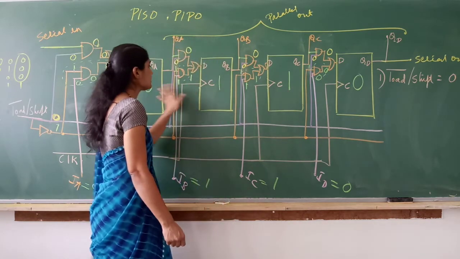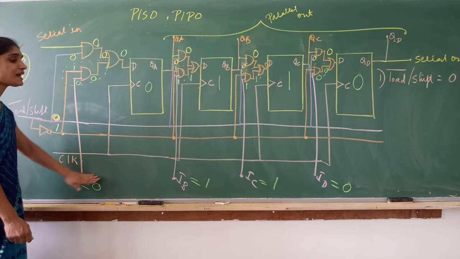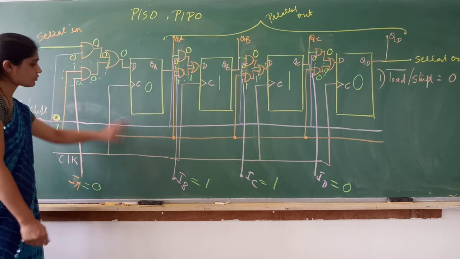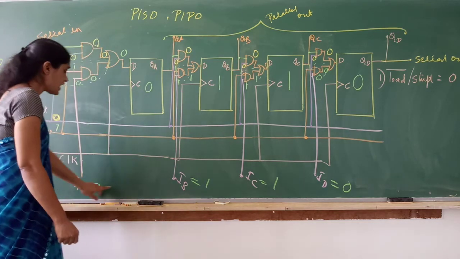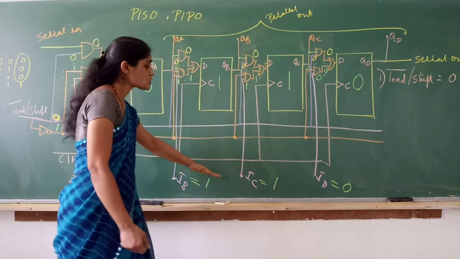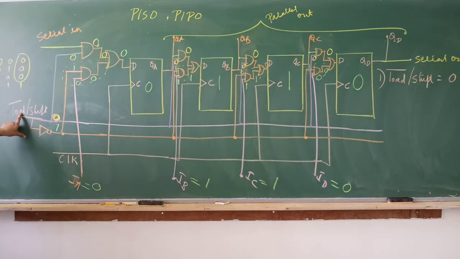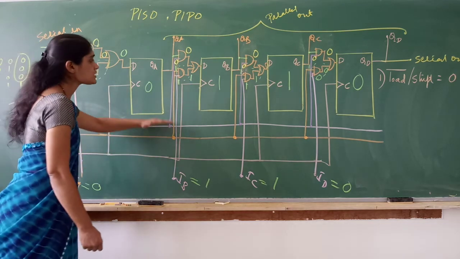So what is the content of these flip-flops when you give load bar shift line to 0? Parallel inputs. If you give 1, it will store 1. If you give 0, it will store 0. I have taken here 0, 1, 1, 0, so it will store 0, 1, 1, 0. So load parallel data, load. You're going to load it when you give this input to 0. That is why it is load bar 0. When you connect this particular line to 0, it loads parallel data. It loads all the 4 bits parallelly.